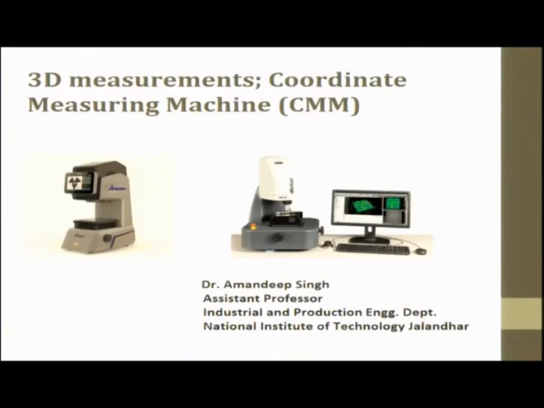Morning. Welcome back to the course. In this lecture, I will discuss 3D measurements and the coordinate measuring machine. Under 3D measurements, specifically I will discuss 3D scanning, and for the coordinate measuring machine we will have a lab demonstration. The coordinate measuring machine that we have here at IIT Kanpur, in the machining science lab in the mechanical engineering department, is the one that we will work on.